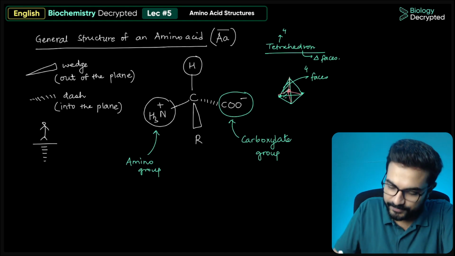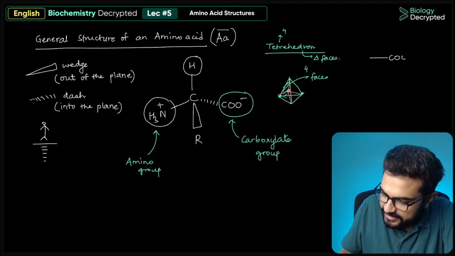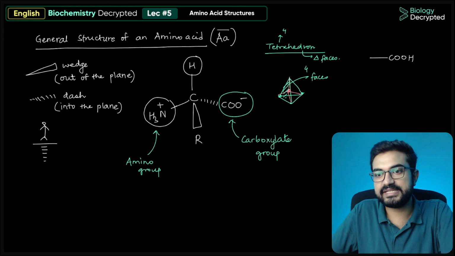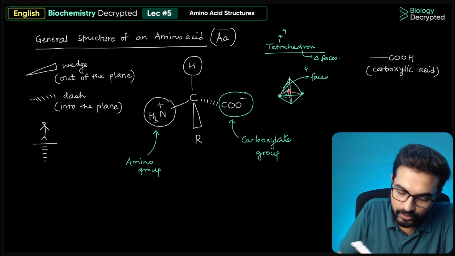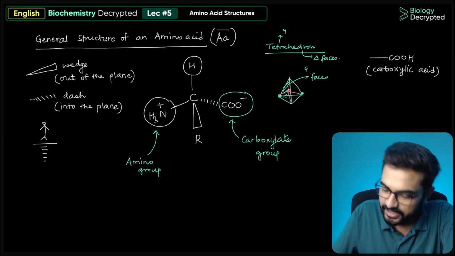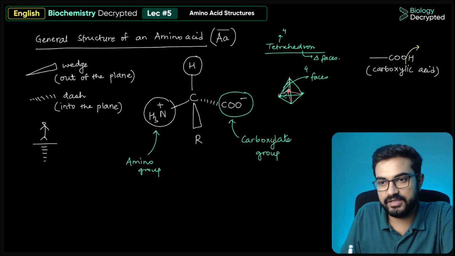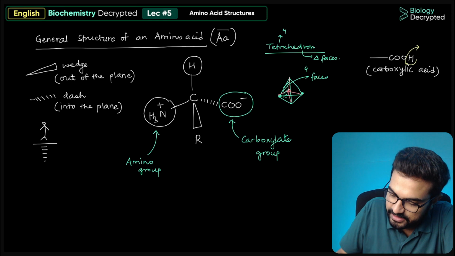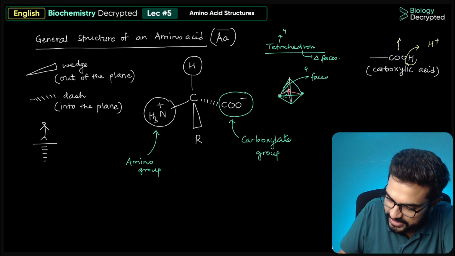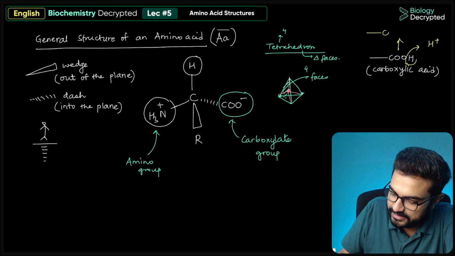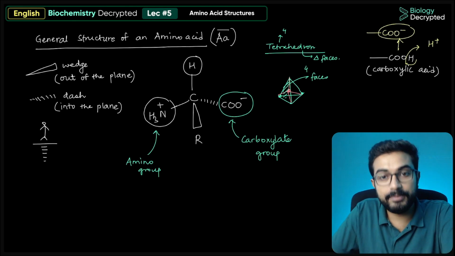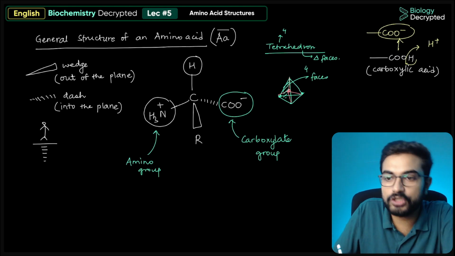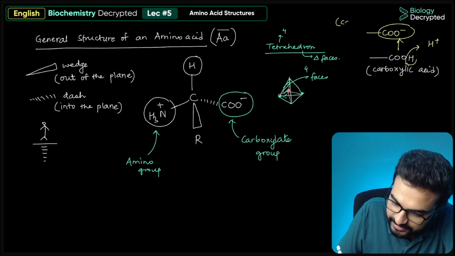Let's talk about it. See, basically, this particular functional group, that is COOH, is called carboxylic acid. And since this is an acid, if you try to ionize this H plus, if you try to remove this H plus, it will go away as H plus, and what will be left is COO minus. This is basically the conjugate base of a carboxylic acid, which is also called carboxylate,